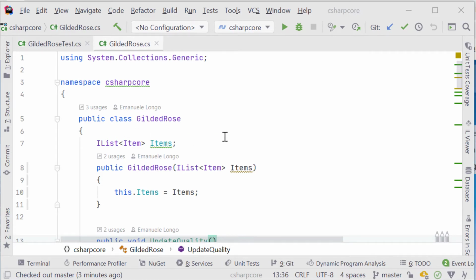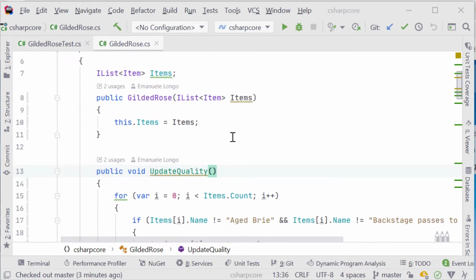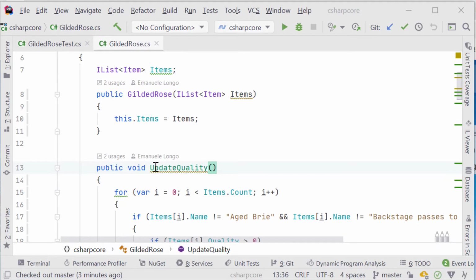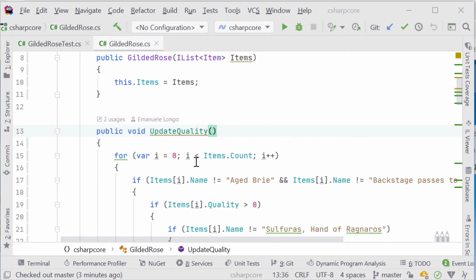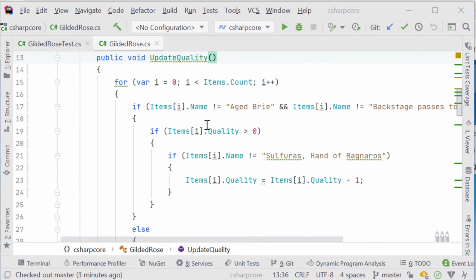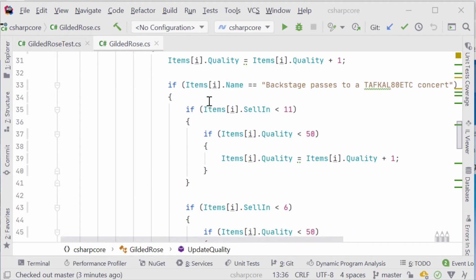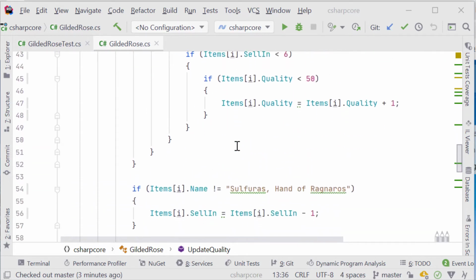When looking at the code from the Gilded Rose, we see that we have one large method called updateQuality. It contains a for loop that loops items, and the purpose of this method is of course to, as it says, update the quality of the items, but also change the sell-in date. So it actually has multiple responsibilities, which is not good. If you scroll through the method, you can see that it contains quite a lot of nested if statements.